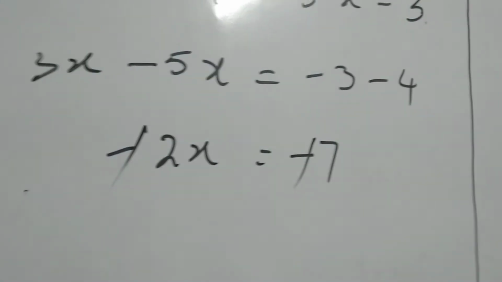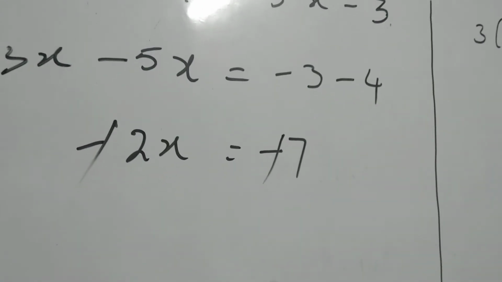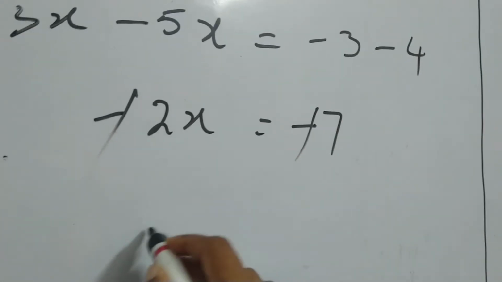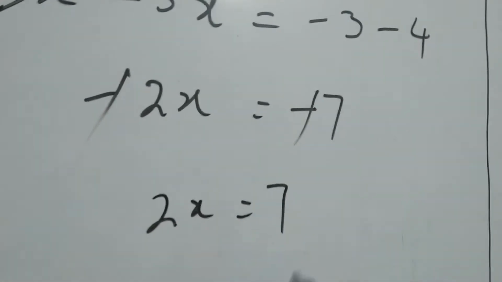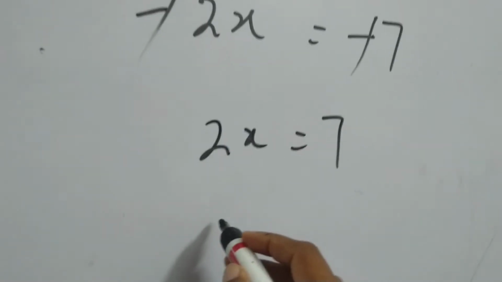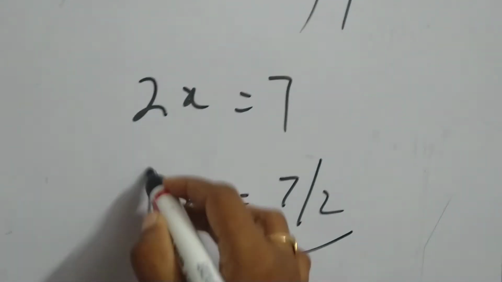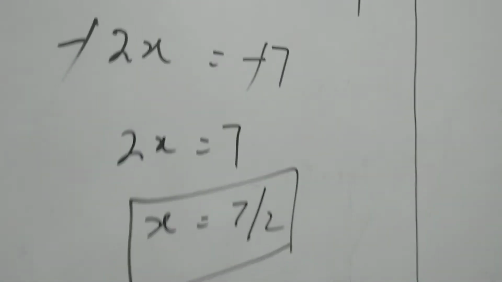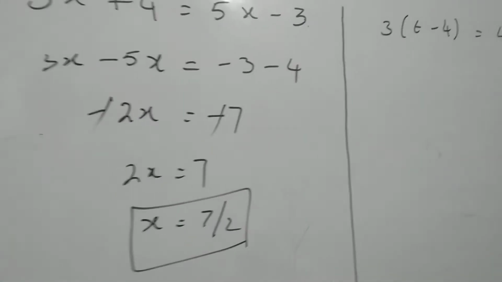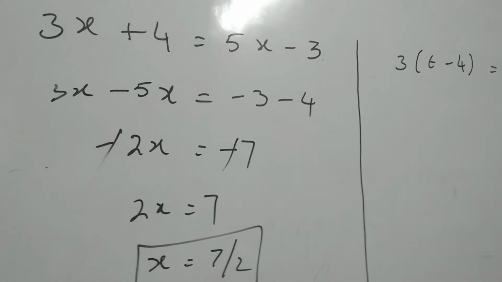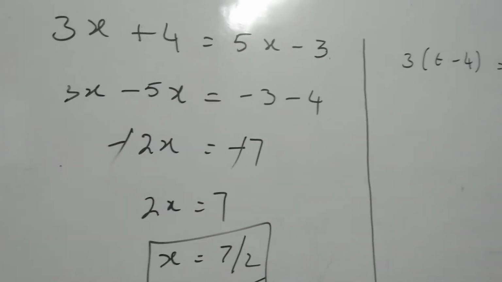Single terms are there on both sides. Therefore, you can cancel the negative sign, that is minus. So, hence now we are left with 2x is equal to 7, now transpose 2 onto RHS, then you will get x is equal to 7 by 2. I didn't take it directly from your textbook, but I took an example so that you can solve the remaining problems by yourself. So, I will repeat this once again.